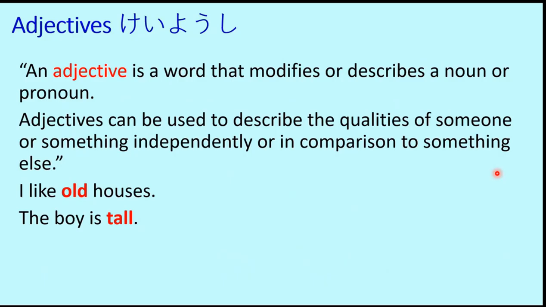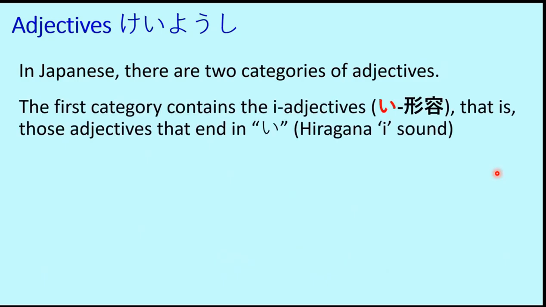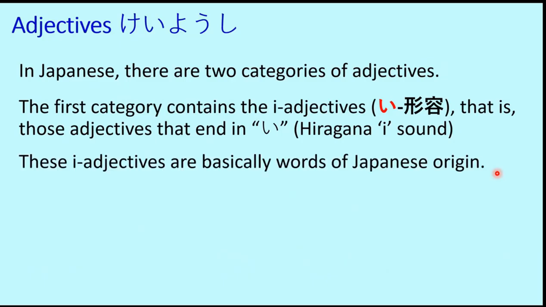Now let's extend this to Japanese. So in Japanese, there are basically two categories of adjectives. The first category contains the adjectives which are called ikeyoshi. So ikeyoshi are those adjectives that end in e sound, that is hiragana e. So what does that mean? These e adjectives are basically words of Japanese origin. So the adjectives which originate from the Japanese words fall in this category of adjectives which are called e adjectives or ikeyoshi. So example,